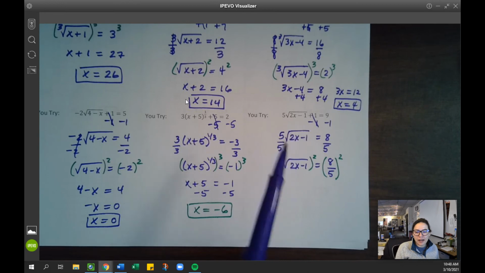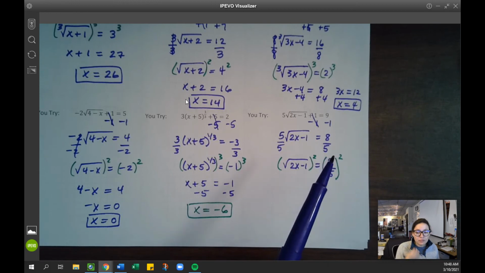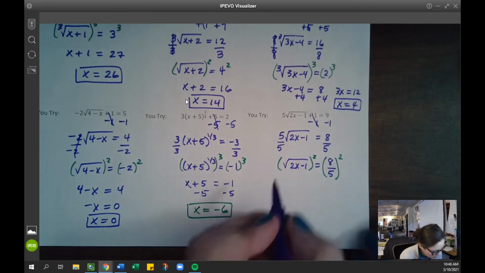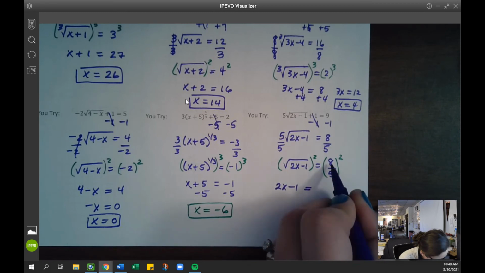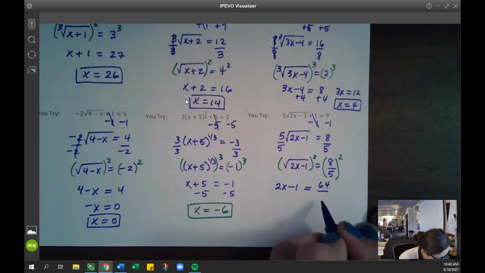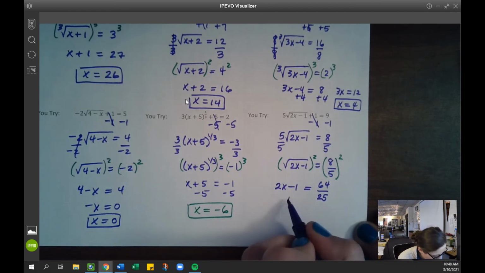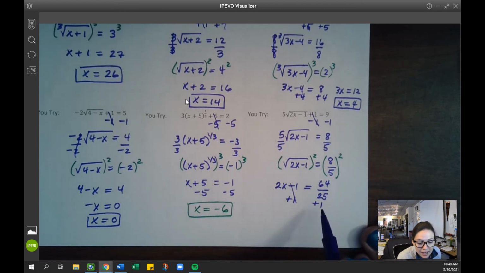when you get the radical by itself, you end up with 8 over 5. It doesn't divide evenly. But that doesn't mean we can't solve the equation. I'm still going to go ahead and square both sides. So that gives me 2x minus 1. 8 squared is 64. 5 squared is 25. And now I'm going to add 1 to both sides. And when I add 1,